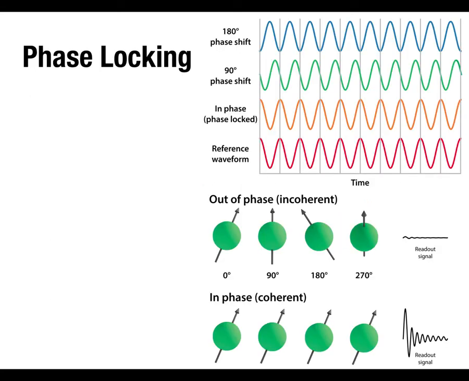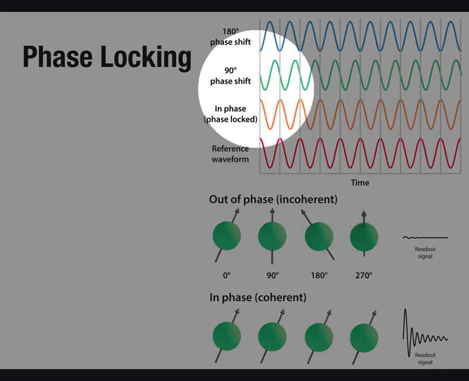So there's actually a lot more that goes on when we flip that net magnetization vector. Yes, we're flipping it into the transverse plane. Now it's rotating and it's hitting the receiver coil. But the other thing that contributes to the strength of the signal that receiver coil reads is the amount of phase locking that's occurring. And here, phase locking is basically, if you imagine in the simplest case,